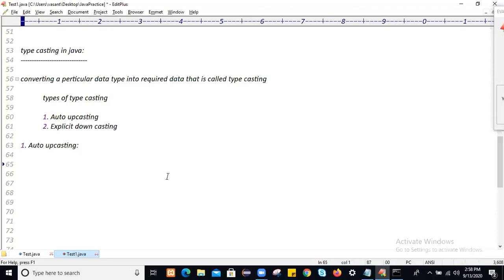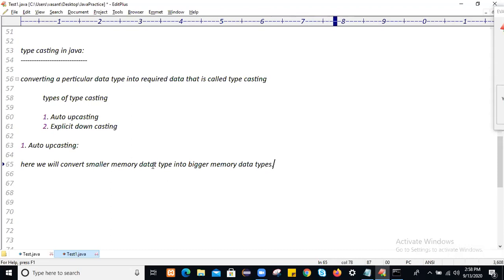What is auto upcasting? Here we will convert a smaller memory data type into a bigger memory data type.